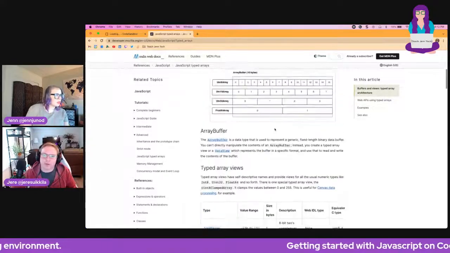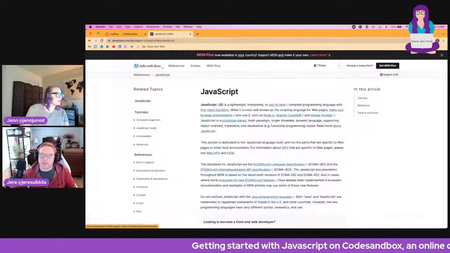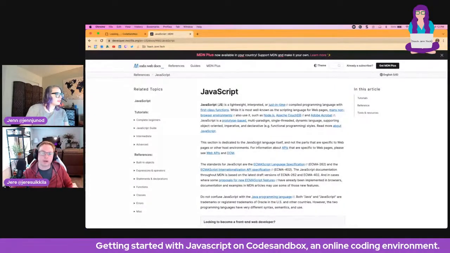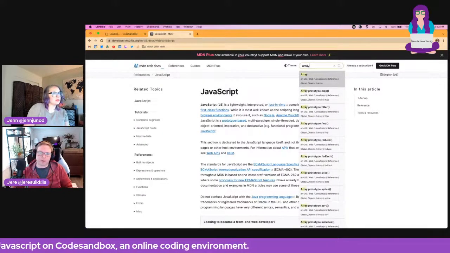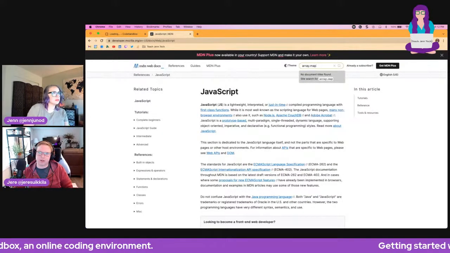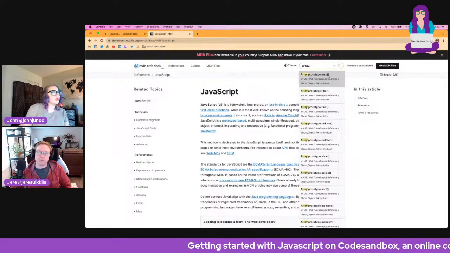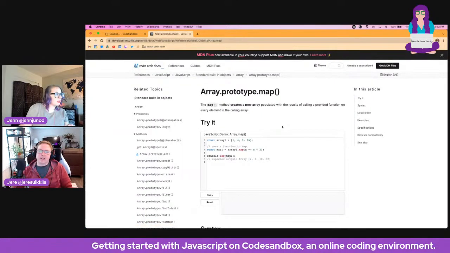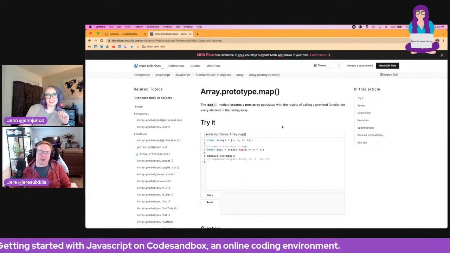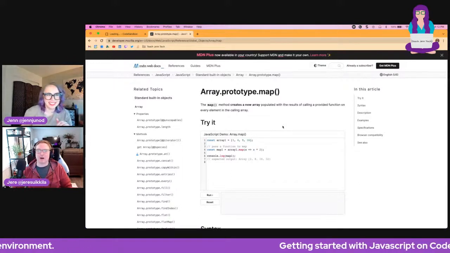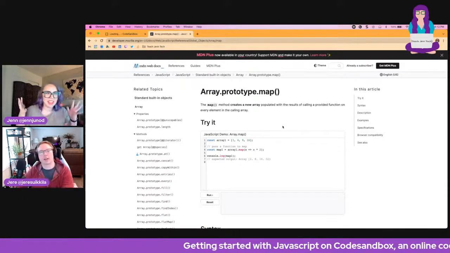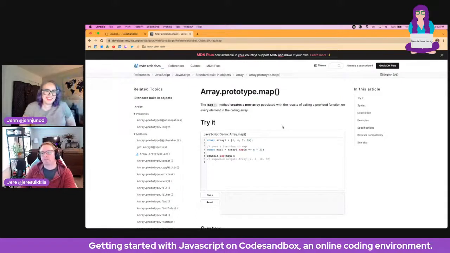And this is not what we're looking for, though. Yeah, I looked for map and it didn't have it. So I'm just going to write array.map, because it is a function on the array prototype. Array.prototype.map. So if you go back, there you go. It's the first one now. Oh, okay. Yeah, perfect. This is so popular. It was immediately the first one there, and that's why I decided we should use this, even though it's a first day, because this is one of the basic things that you will be doing with arrays, for example.